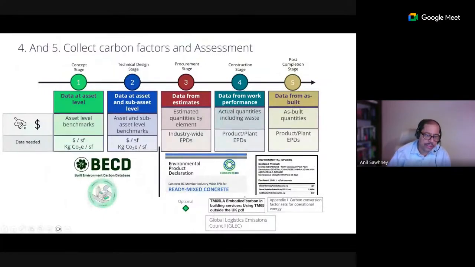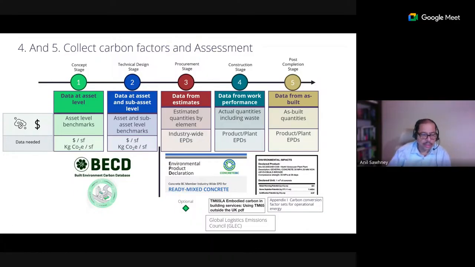But you have more pieces of information that you need. There is a CIBSE standard called TM65, which can be used to do embodied carbon calculations for MEP, because getting EPDs for MEP is very difficult. You can look into the Global Logistics Emissions Council to get emissions from transport, from logistics. So if you're shipping material 400 kilometers from a location A to your site,